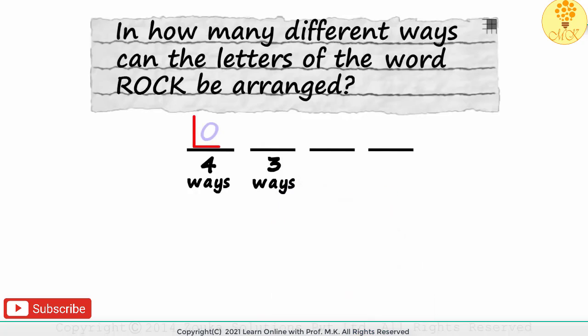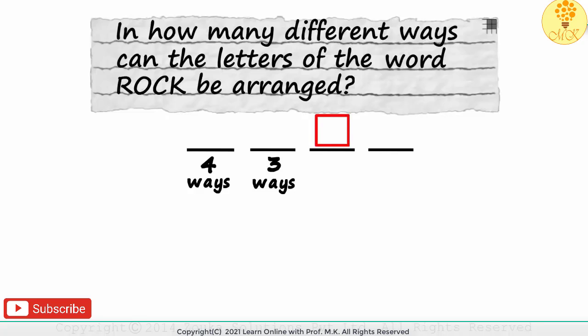If we have used an O in the first slot, then we can use any one from R, C and K for the second slot. If we use a C in the first slot, then any one from R, O and K can be used in the second. Now, having filled the first and the second slot with 1 letter each, in how many ways